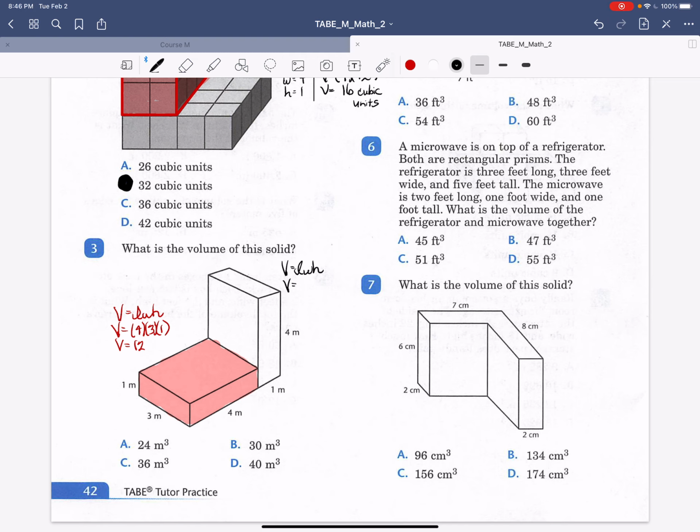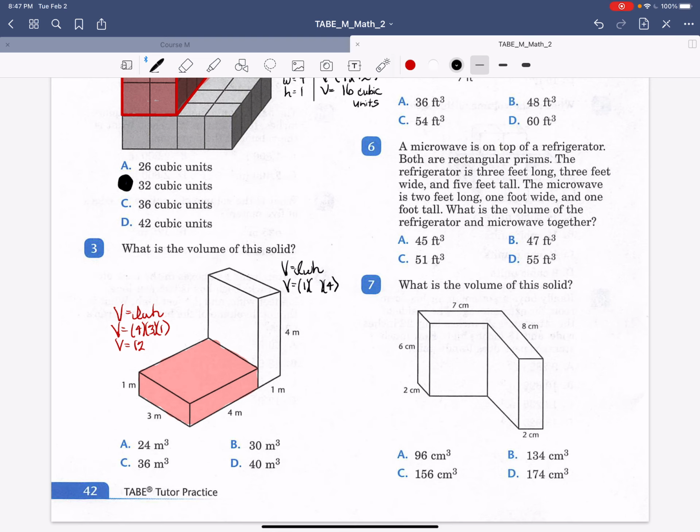So the length looks like, I'm going to call it 1. The height is 4. That's pretty easy to see. But it's that width